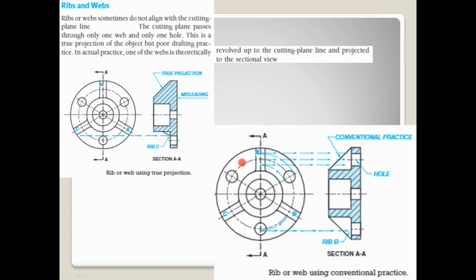So as this object rotates around this center point, this hole is going to get to it. When this hole gets to here, you're going to get a hole over here. For conventional practices, you do need to show the hole even though there's no hole here. This way, when people look at this section A, they know that there's going to be a hole here if you